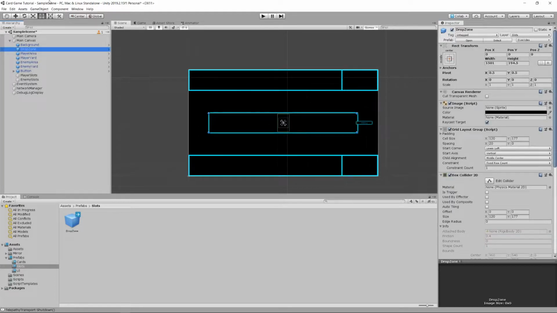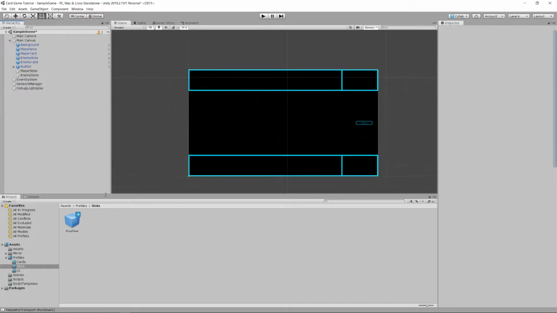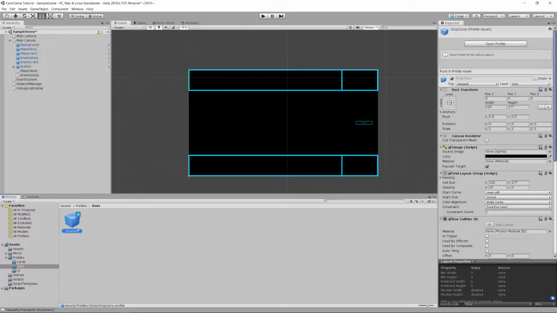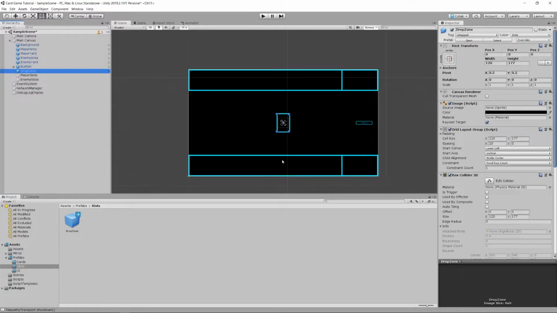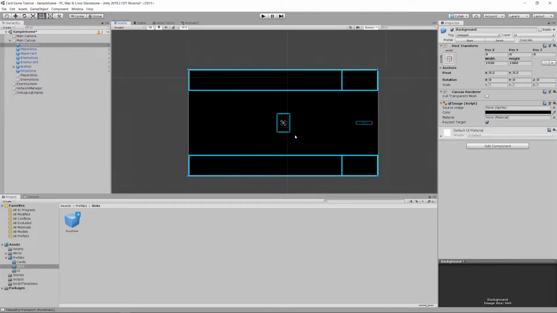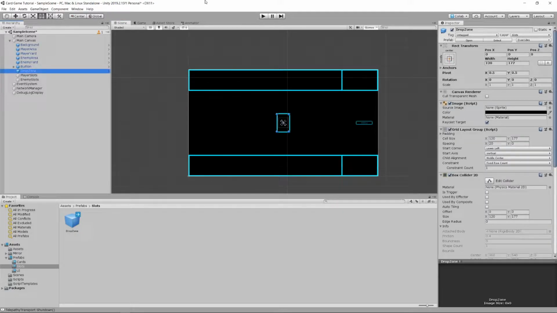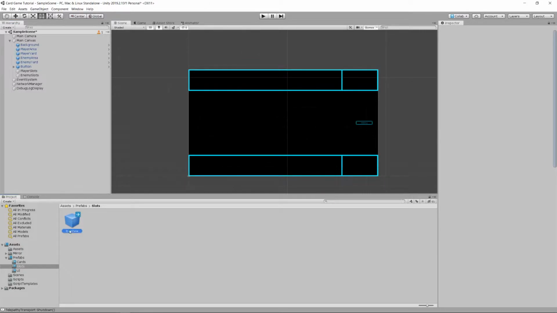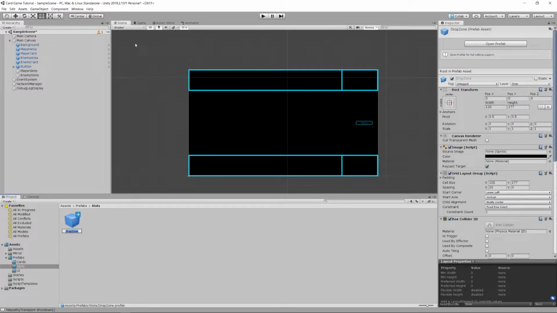I can delete my drop zone from the scene. And now when I drop a new drop zone into the scene, we see that it's the way that I want it to be. Okay. Deleting this for now, just so we can create a bunch of them. We're going to call this